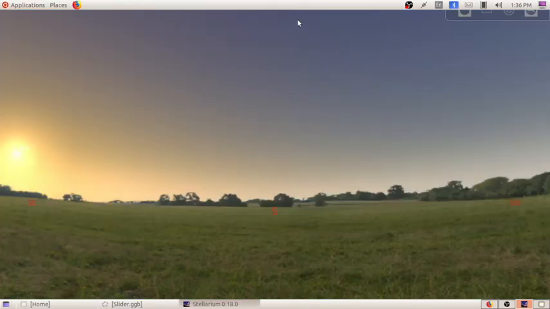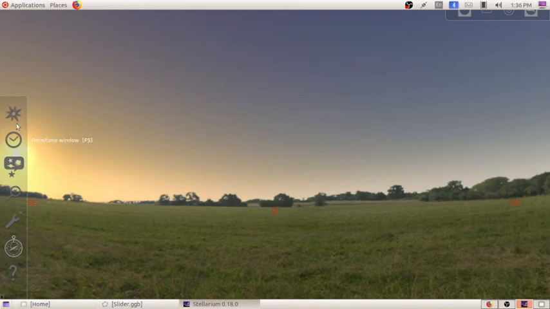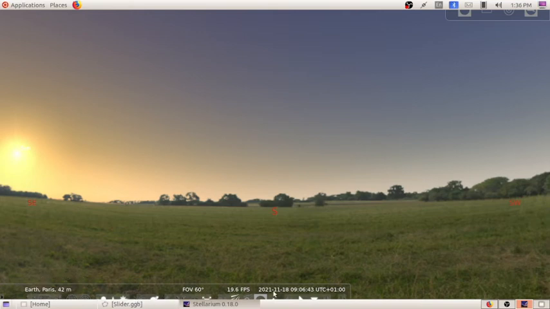Yeah, so this is our Stellarium software. Here when we go to the left position, you will be getting the different menus. Here also you can see the different latitude, longitude. This is the Earth, and automatically you can see Paris.